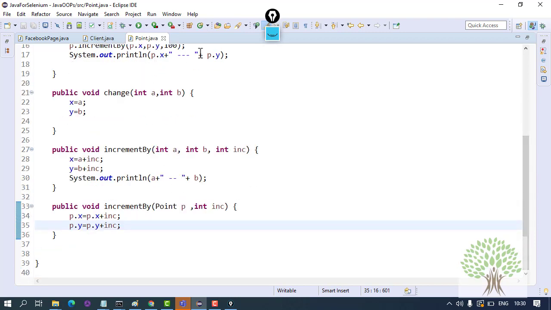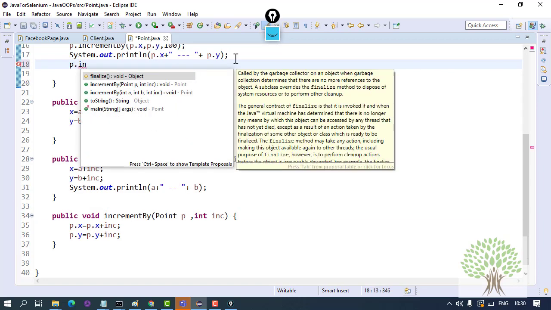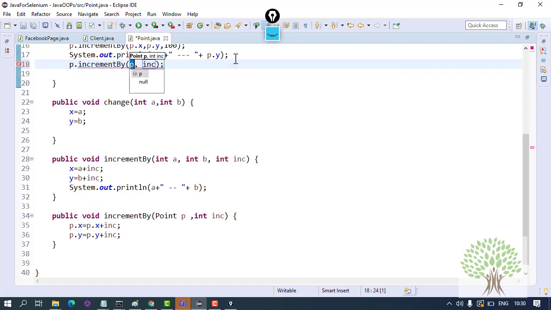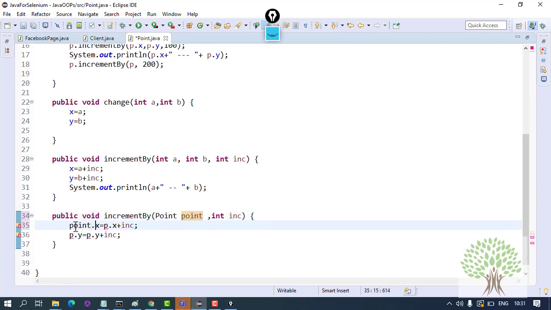So when you call this function, you can simply write p dot increment by, and you can send the point p and the increment value as 200. So this function will increment 200 to x and y, but over here I'll call this point, suppose this the reference name, so that I am keeping it with a different name so that it is clear to you.